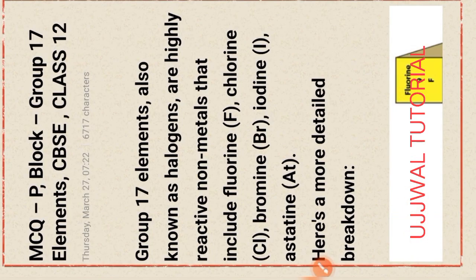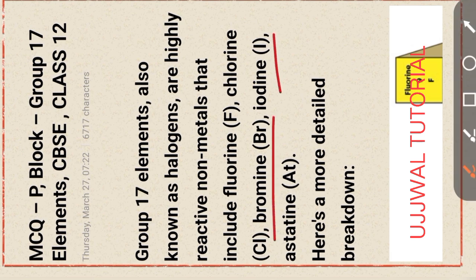My dear viewers, now we discuss MCQs on the p-block, group 17 elements, that is the halogen elements, based on CBSE Class 12, part 1. Group 17 elements, also called halogen elements, are highly reactive non-metals and include fluorine, chlorine, bromine, iodine,